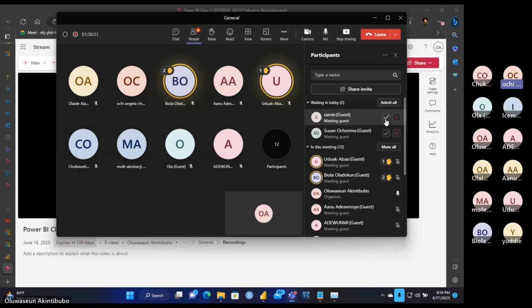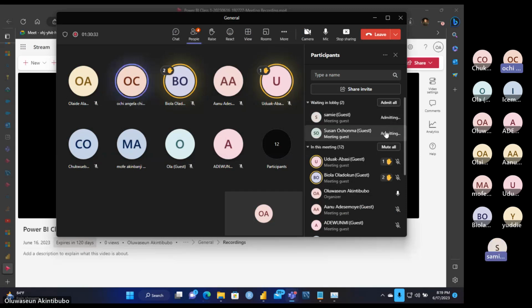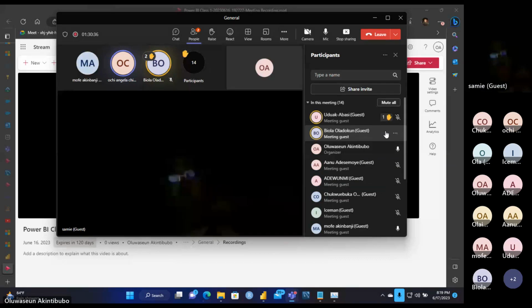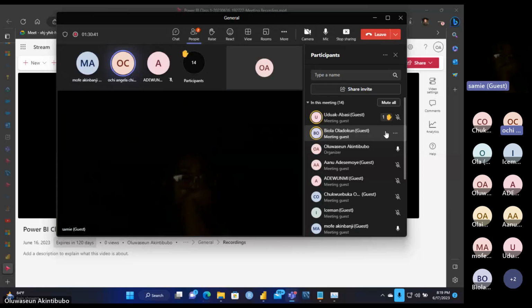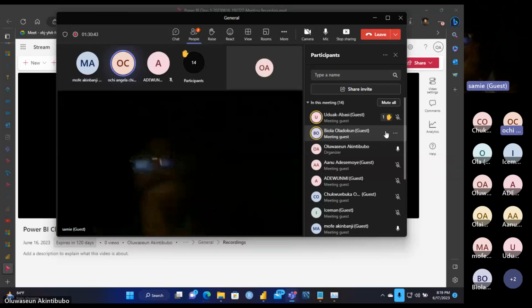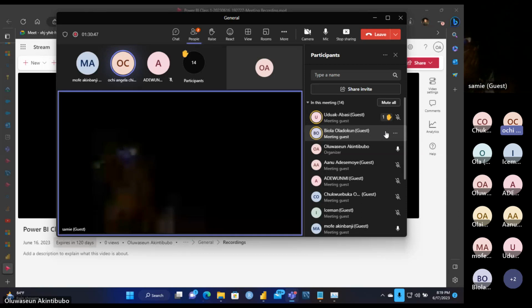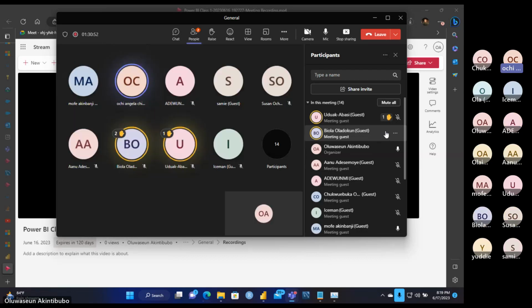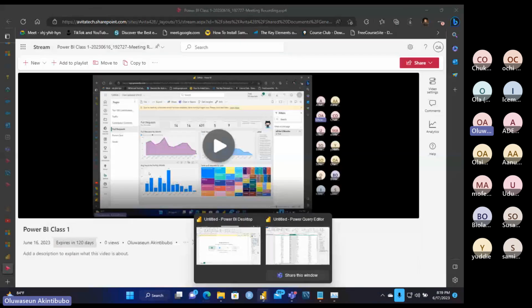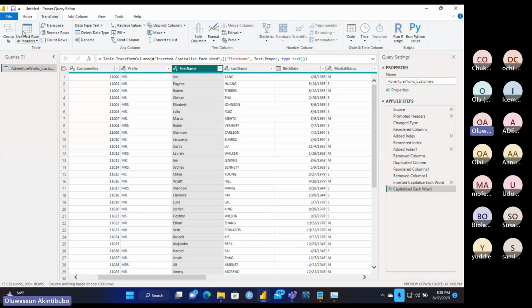Sir, please, I want to drag this into Power BI. It says to build the visual with your data, select or drag a field from the data pane onto the report canvas. What do I do? No, you're not dragging. We're not creating a report canvas. We're not at the report canvas yet. We're transforming data.